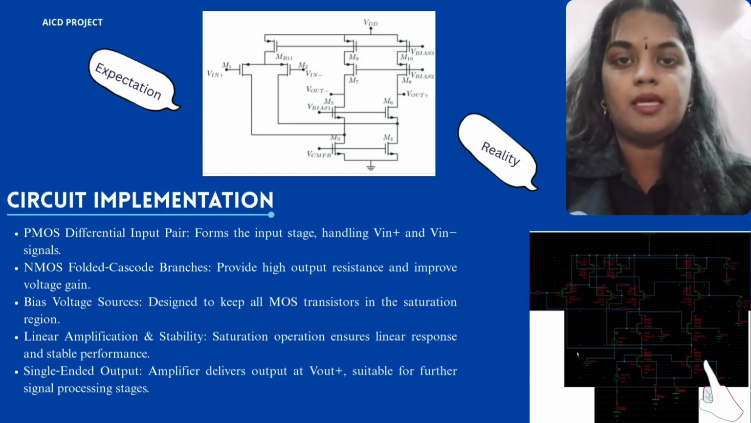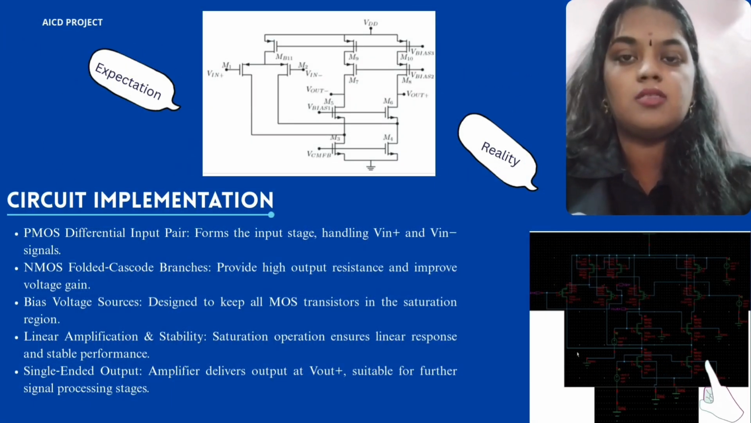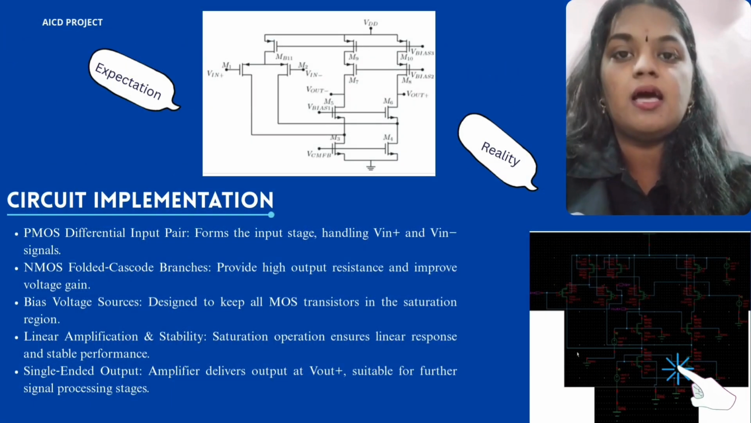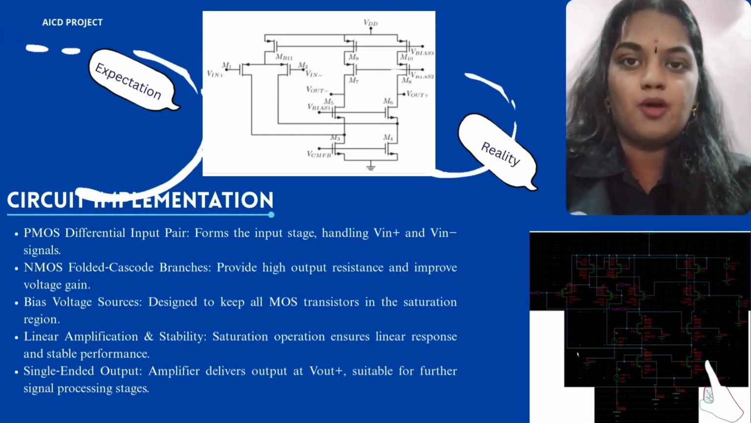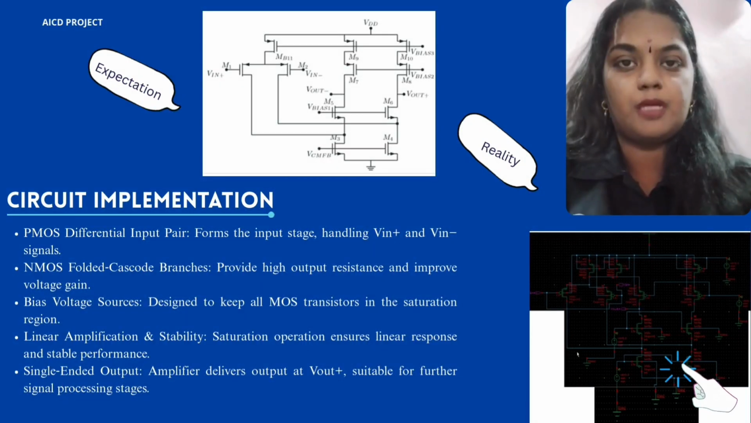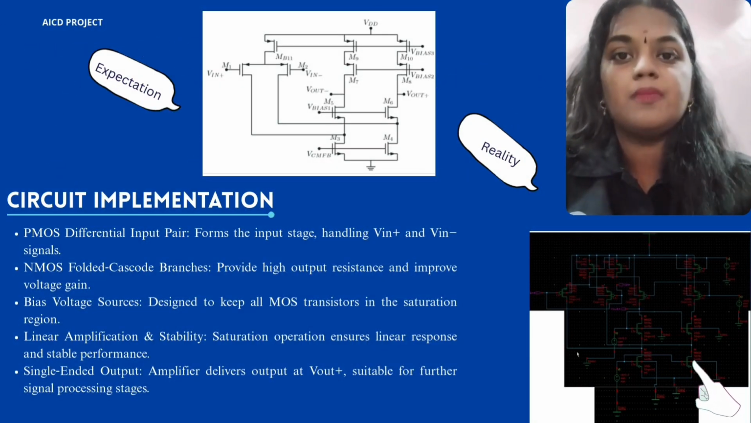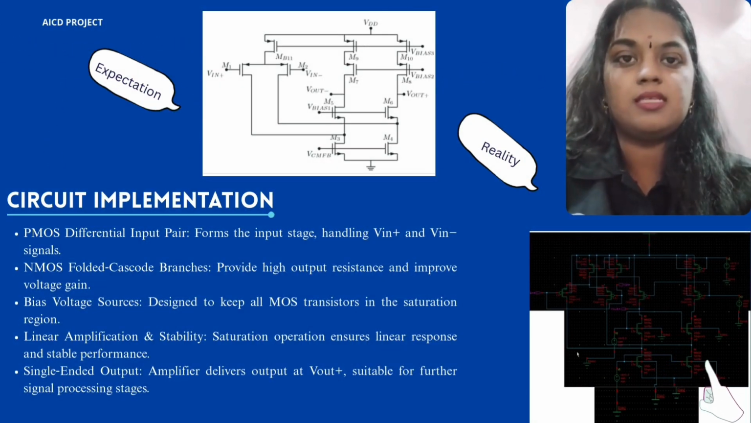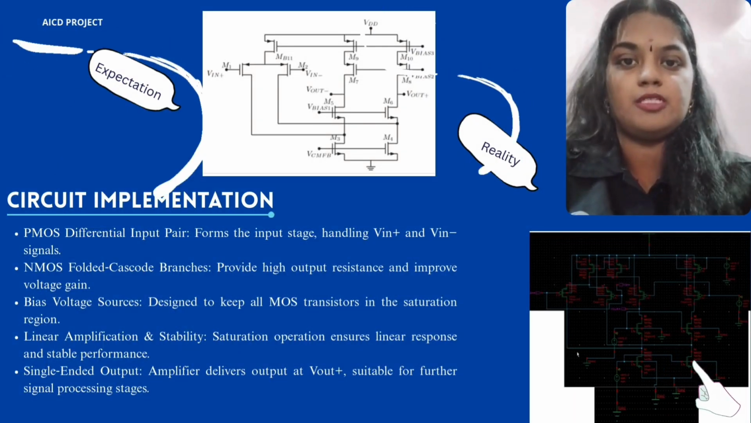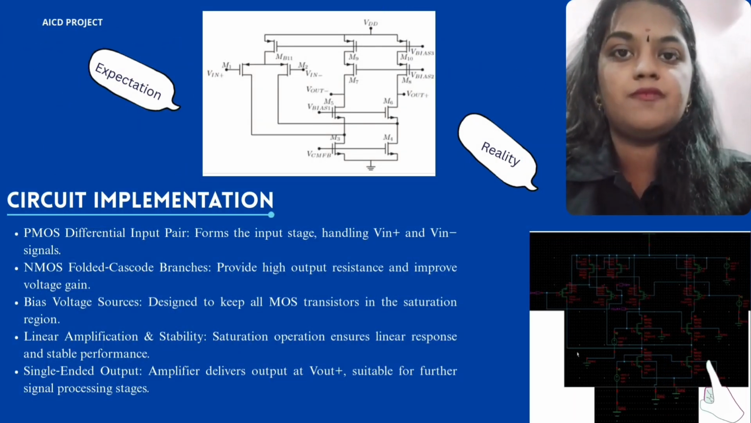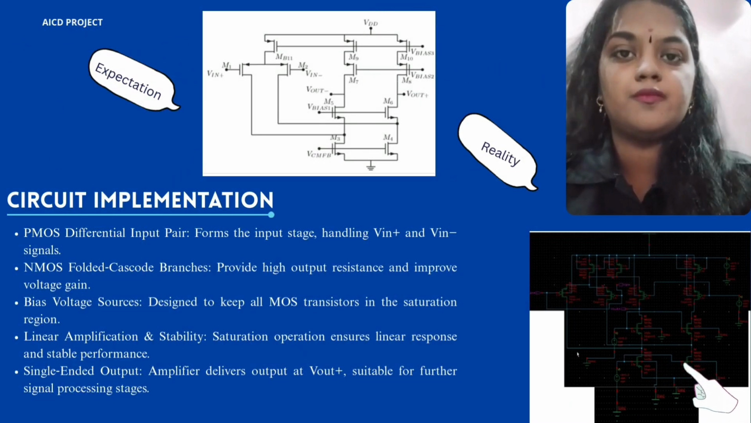Current mirrors help replicate and control bias currents across the design. Most transistors are sized with W as 17 micron and L as 10 micron, which provides good matching and supports high gain operations. Finally, the amplifier delivers a single-ended output at Vout positive, making it ready for further signal processing. In short, this design achieves high gain, stability and precision through a PMOS input stage, NMOS folded cascade